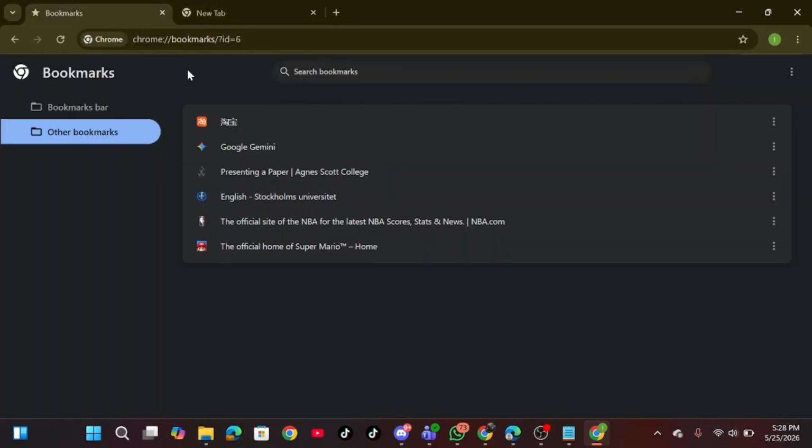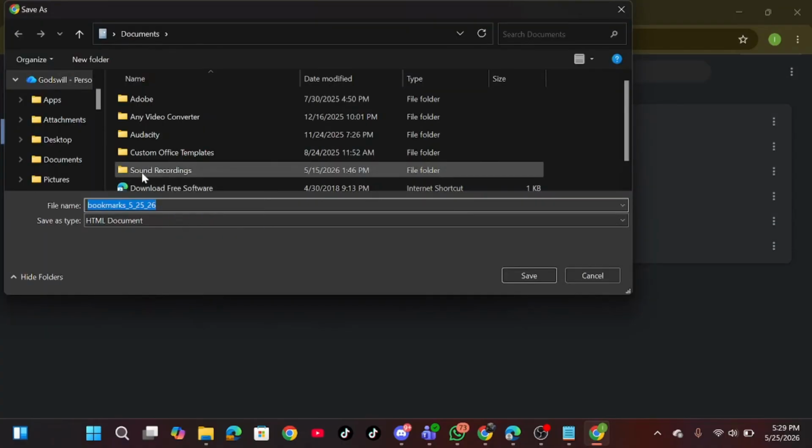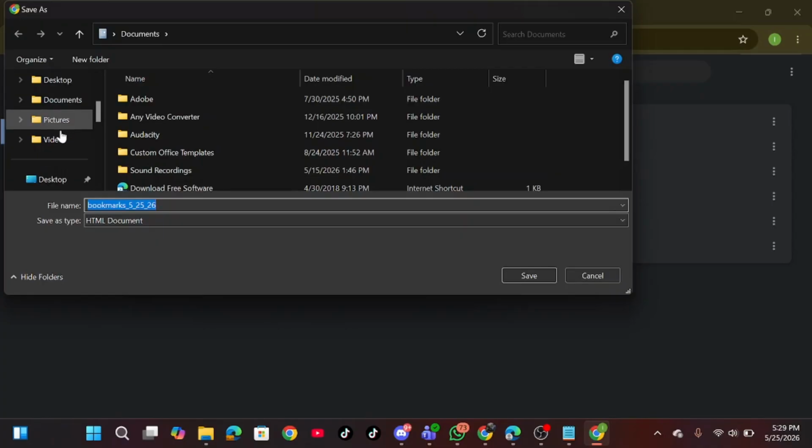Now back to how to export your bookmark. What you want to do is here at the top right corner, look at this three dot button, click on it here, scroll down and click on export bookmarks. Once you click on that, your file explorer will open and then you can choose the folder you want to save it in. So for me, I'll just go to